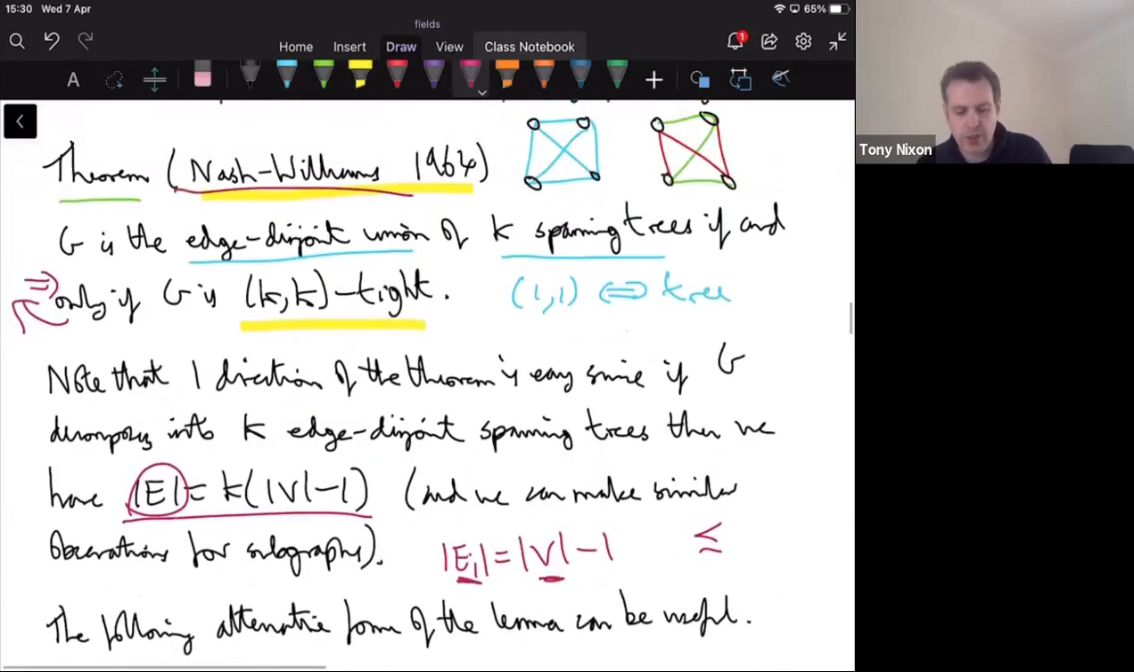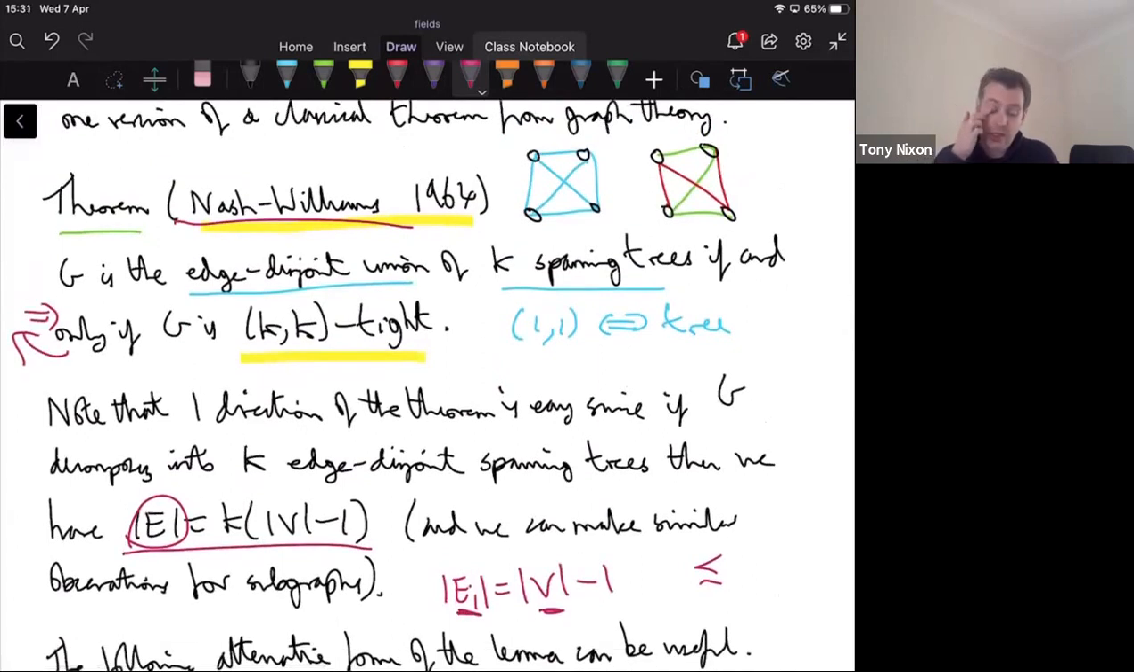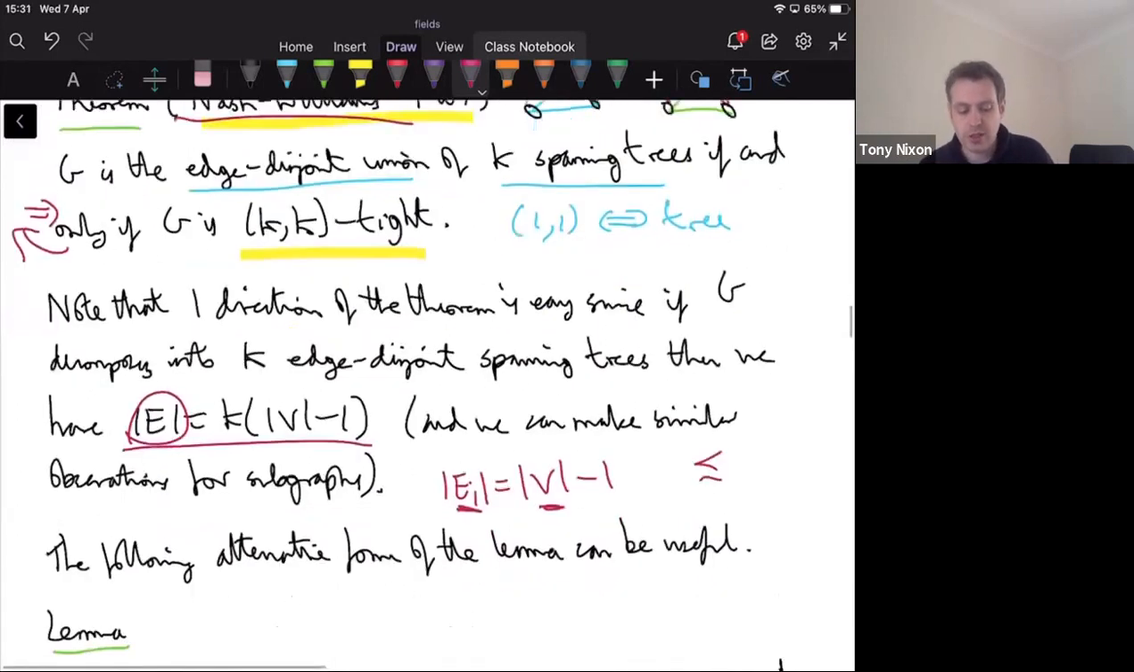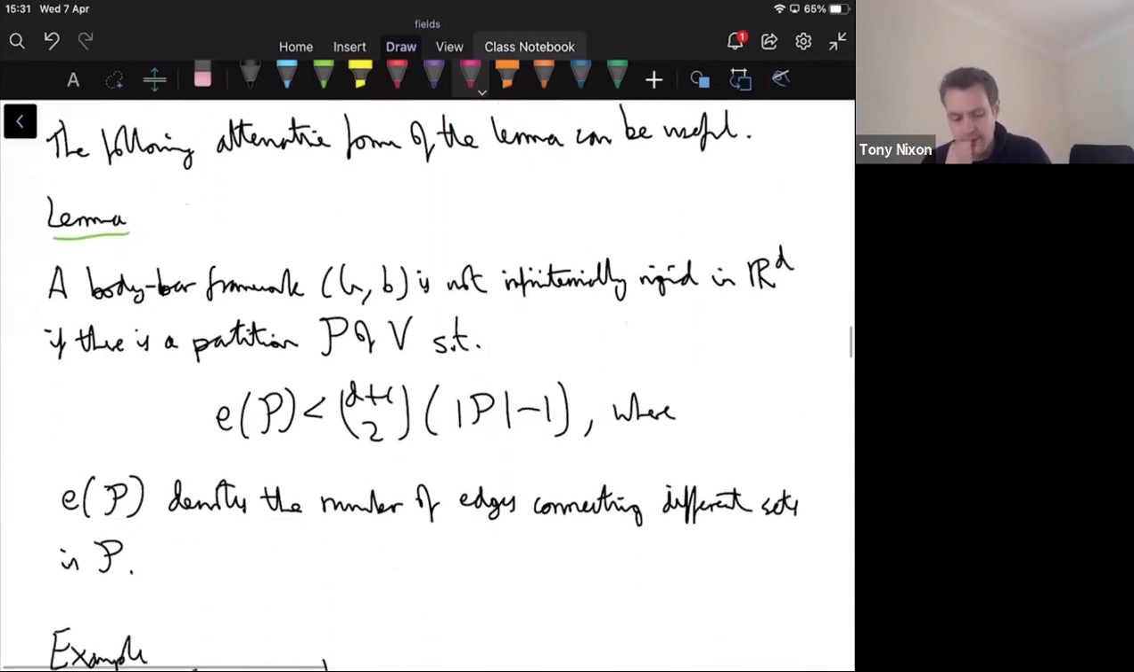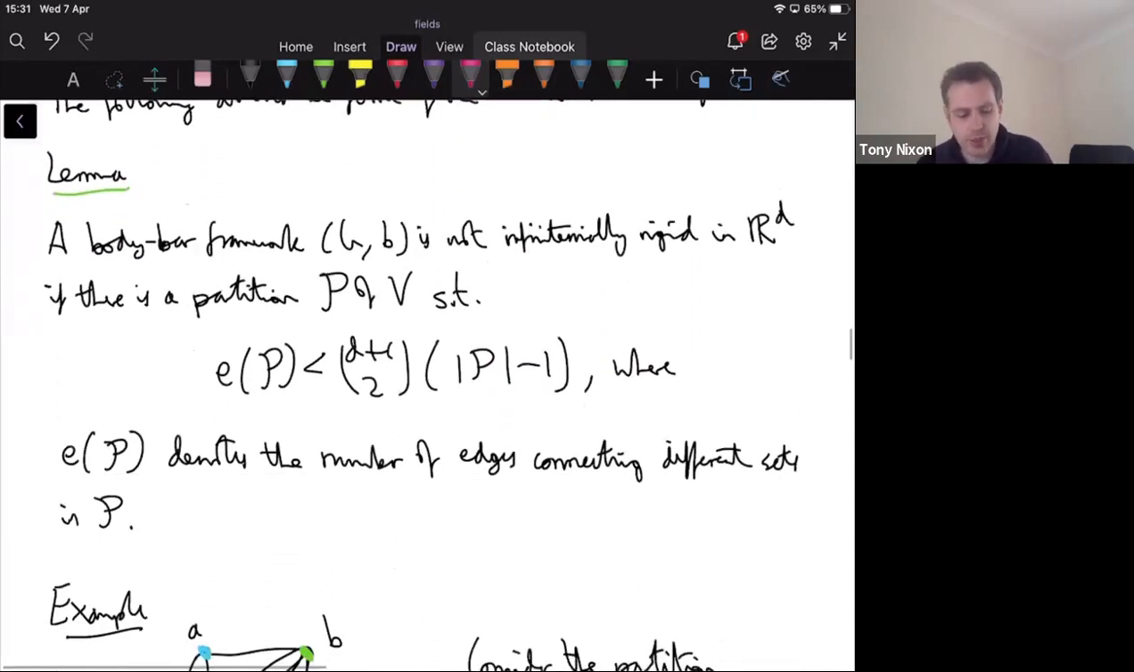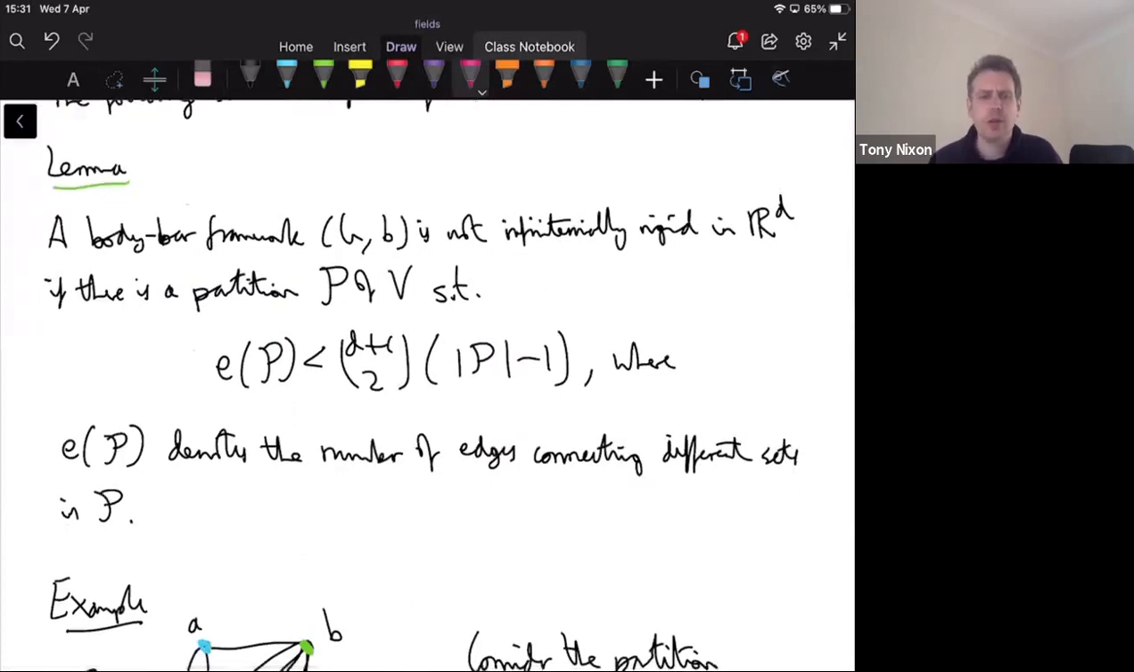Actually, if you read Nash-Williams' paper, then you'll see that it's presented in a slightly different way in terms of partitions. And so I thought I'd just illustrate that a little bit as well. And by the way, this reminds me that quite a bit of what I'm getting here, I understood from reading a nice article by Csaba Király